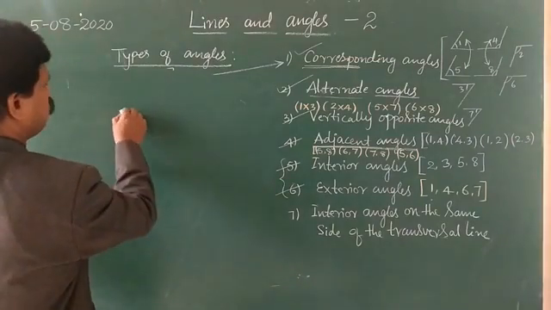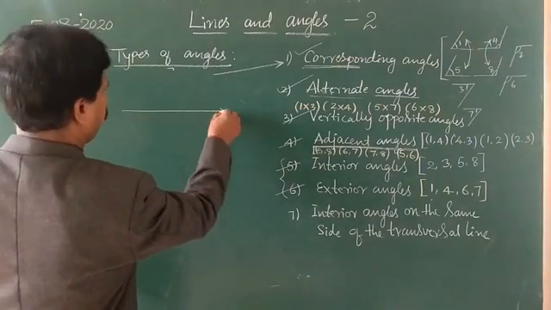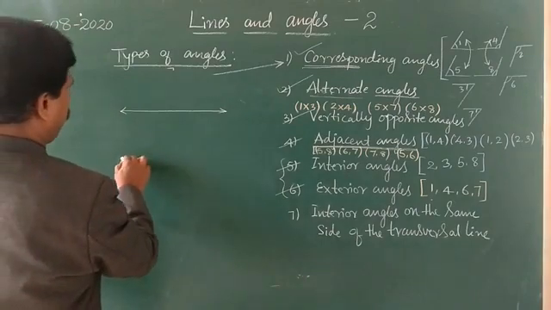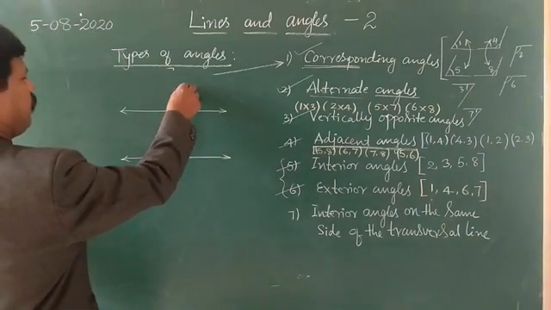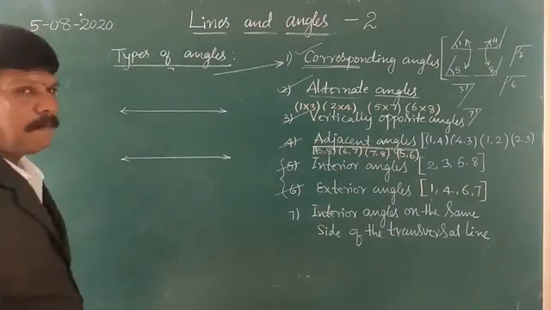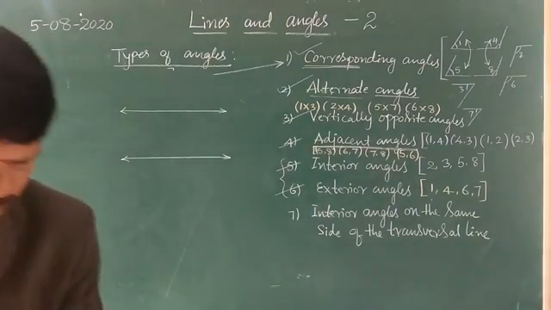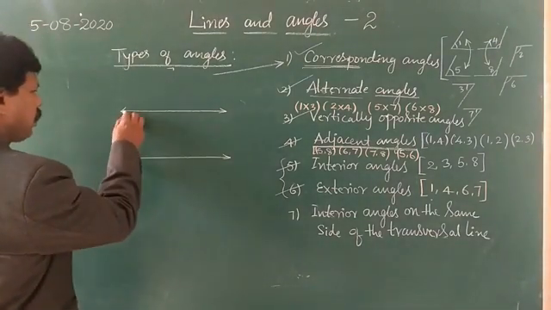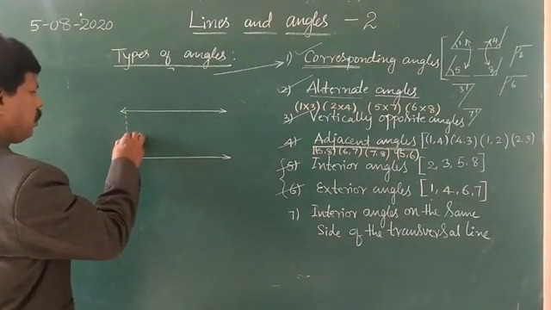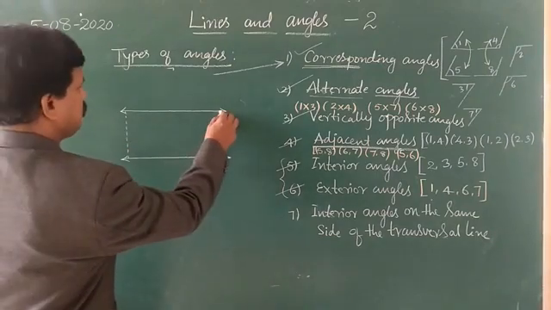So, you know that two parallel lines, this is one and this is another one. These are parallel lines. Two parallel lines and there is one transversal line. If we consider this is a constant distance,